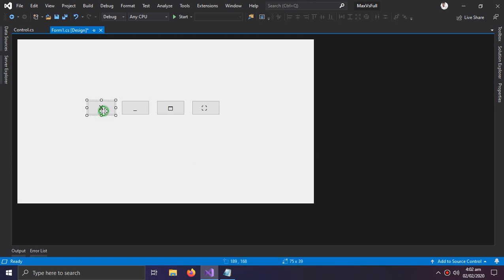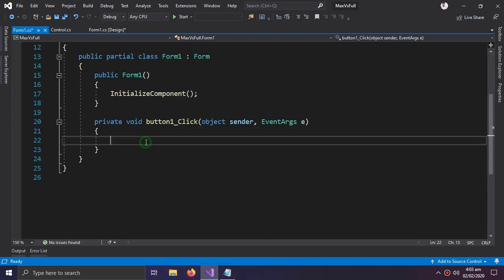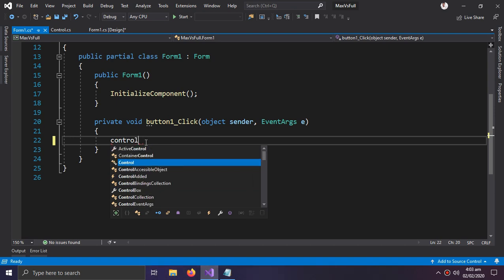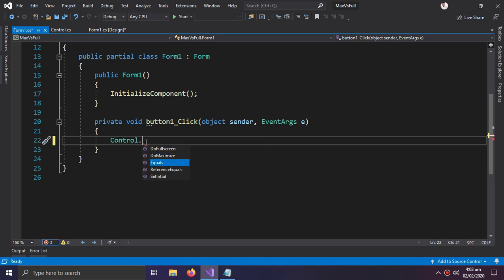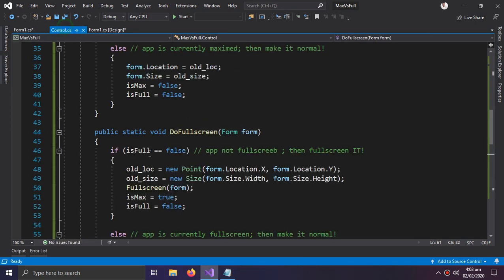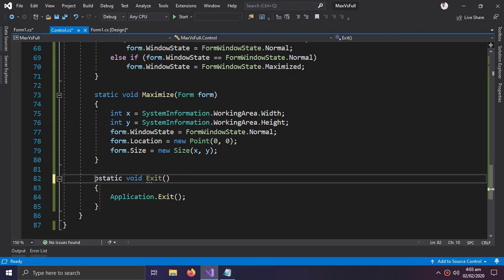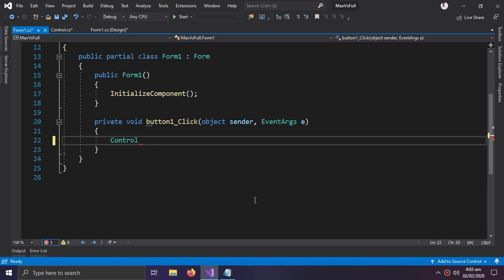I would first go to the close button and choose the control dot. The exit method is not set to public. So public, control dot exit,